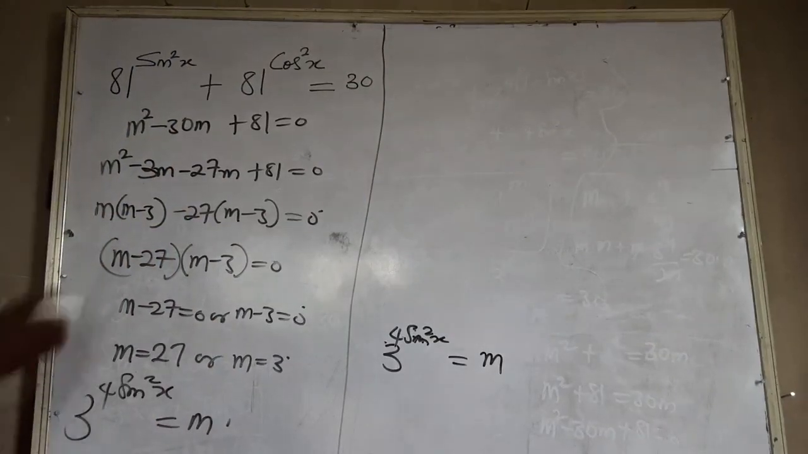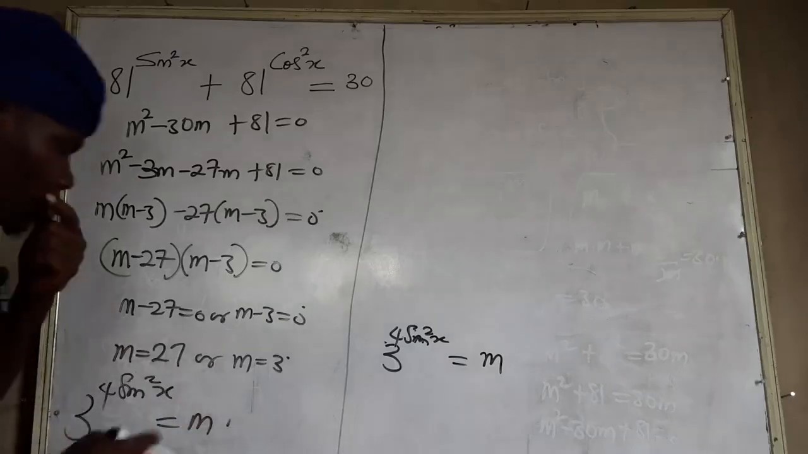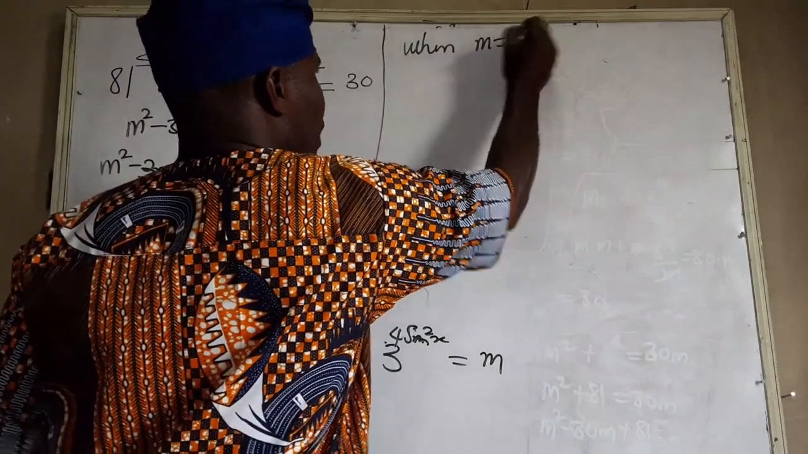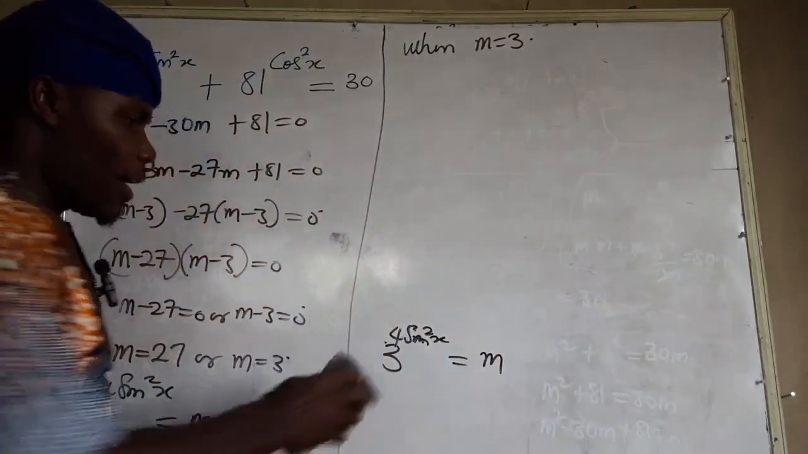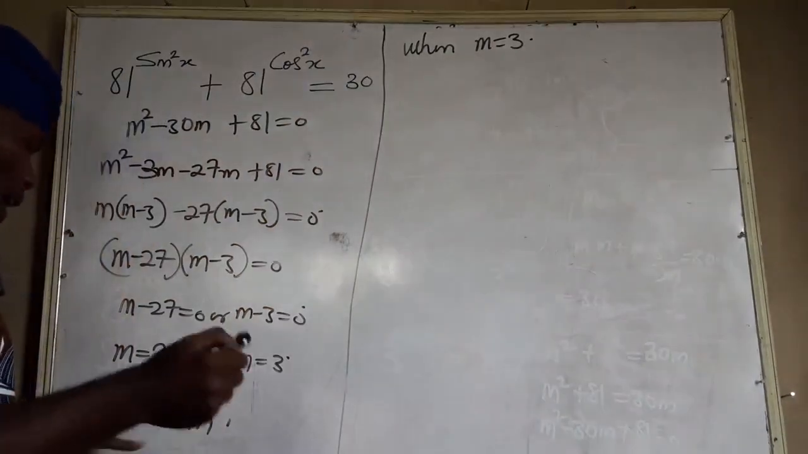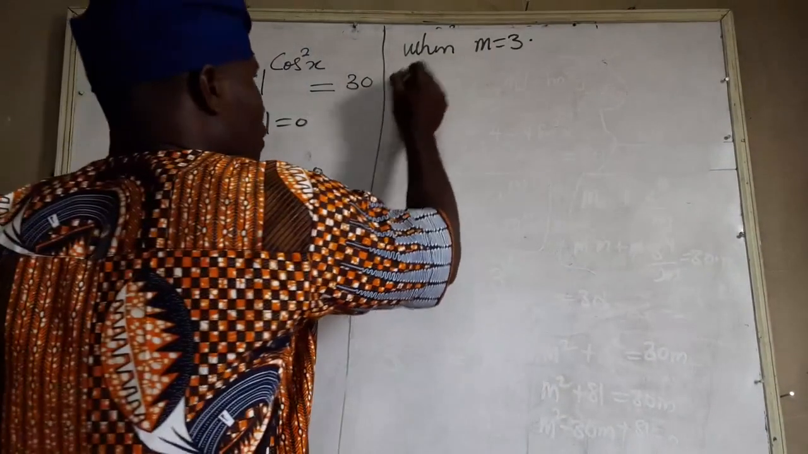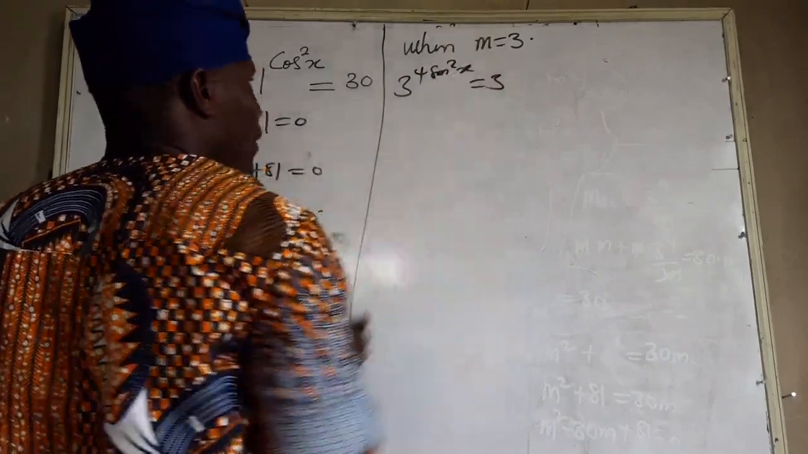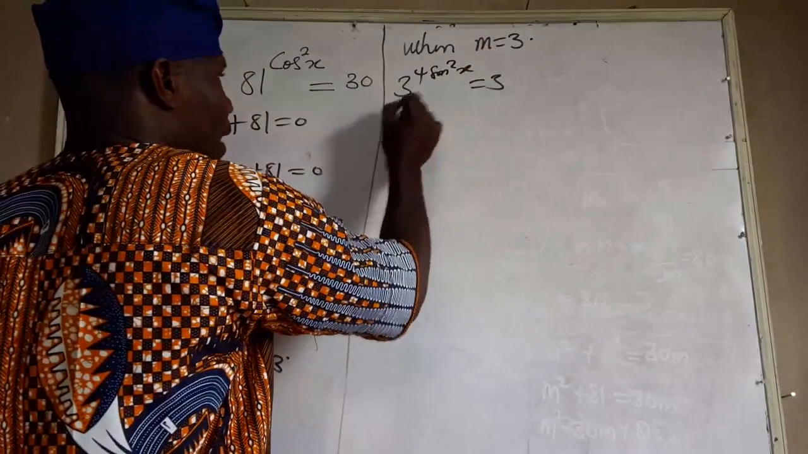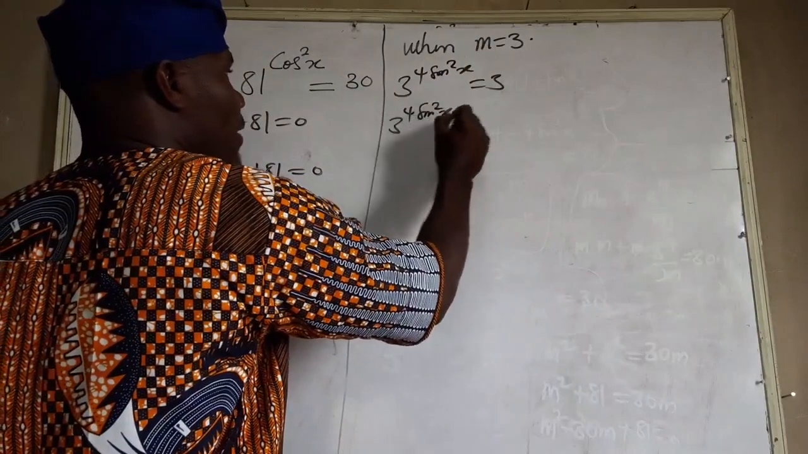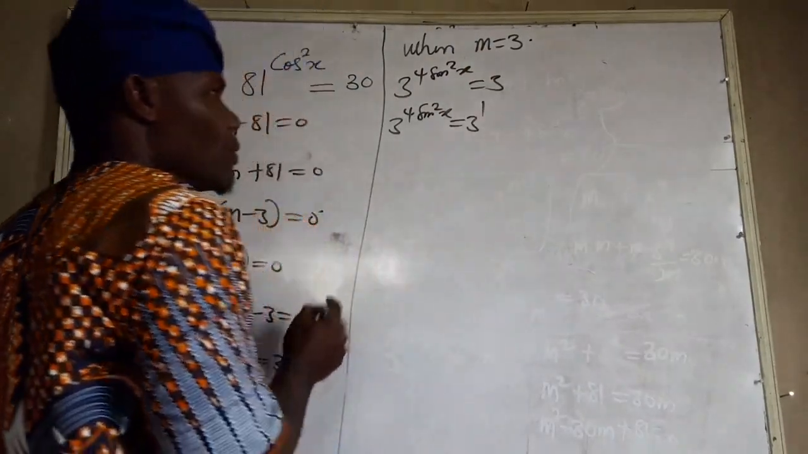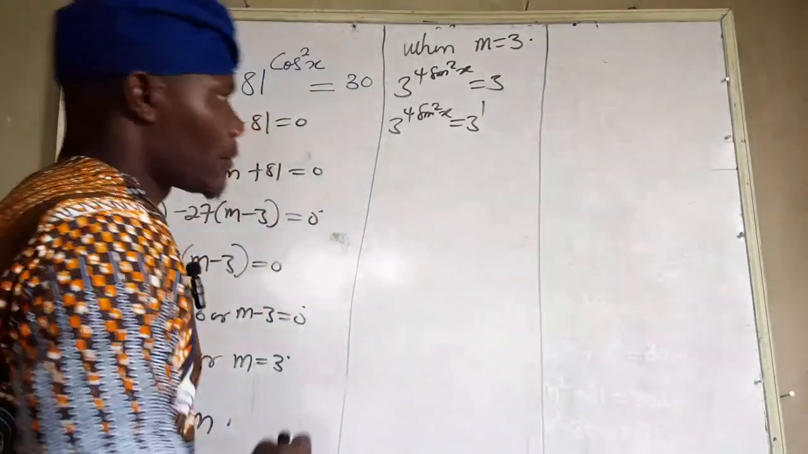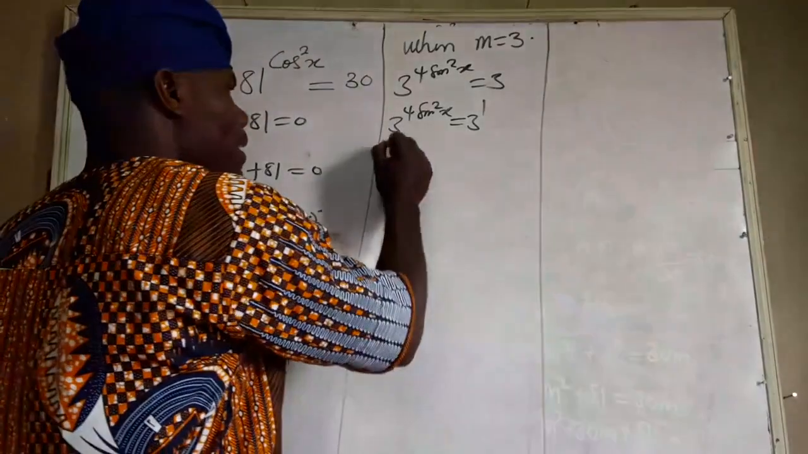So now let's consider when m is equal to 3. Let's find the value of x. When m is equal to 3, you have 2 raised to the power 4 sine square x is equal to 3. And recall, this 3 can be written as 2 raised to the power 1. So there's another law that we call indicial equation, which lets us know that if